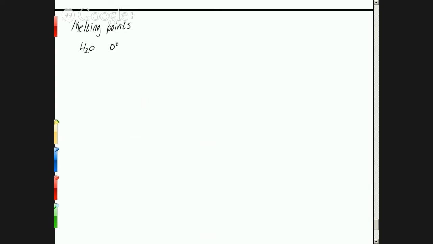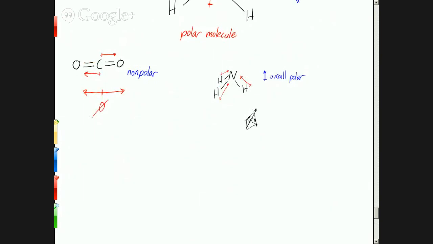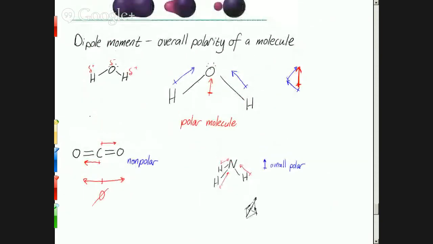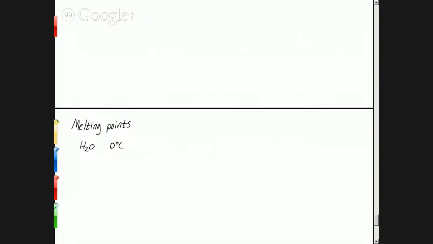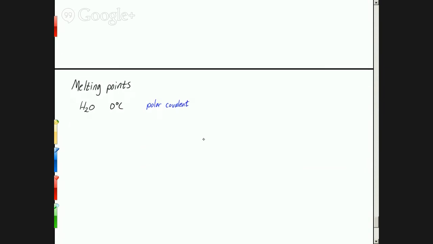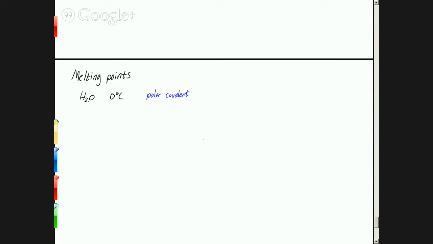Zero degrees C, right. And do we call that polar or nonpolar or ionic? Did we determine that water is a polar molecule? Yeah, it is, right? So water is a polar covalent molecule. What about,